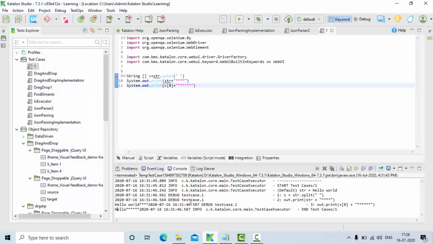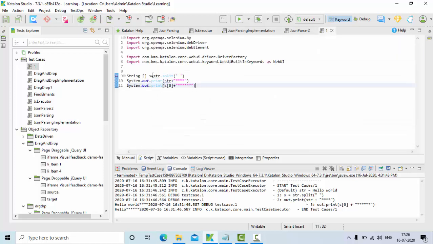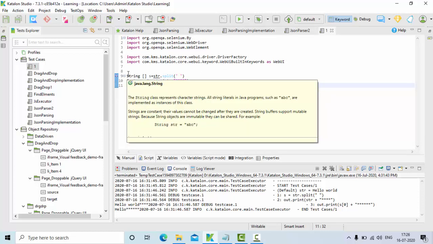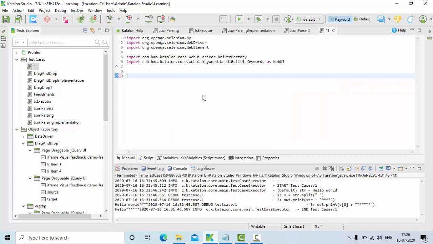So I have taken one small test case here. If you see, I have created one variable called str of string type. I have taken the default value hello world here, and there is a space between hello and world. Now I'll try to print that value first, then we'll see how we can handle this.